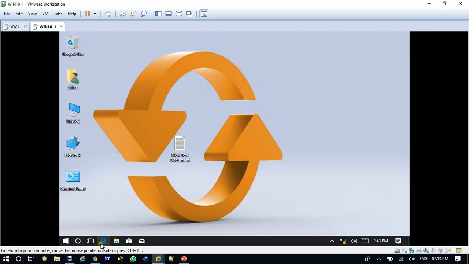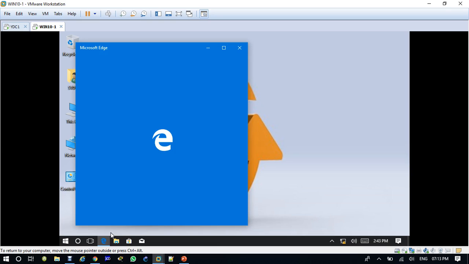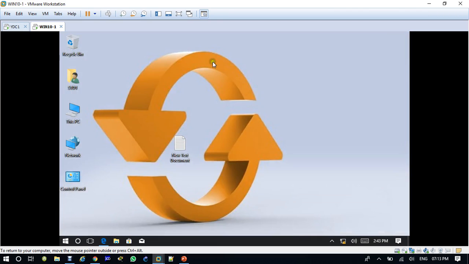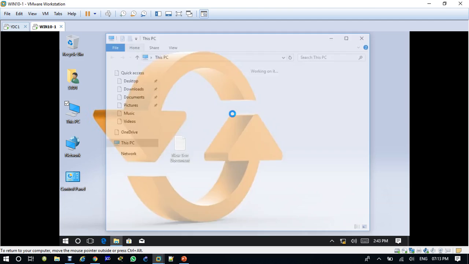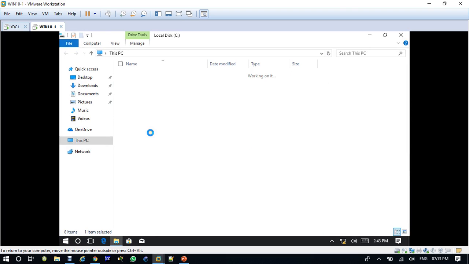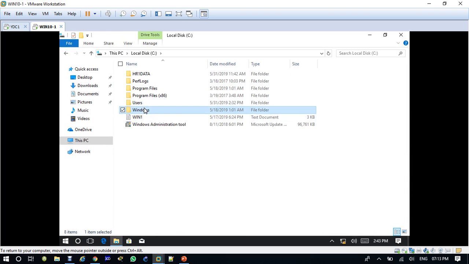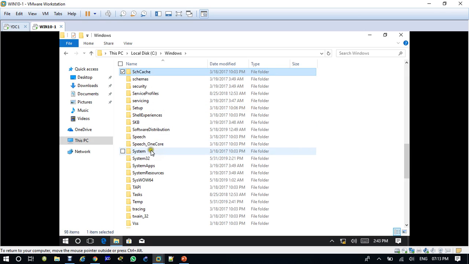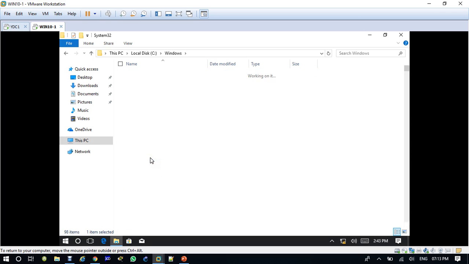Let's try Internet Explorer. Internet Explorer is also working. We can find the exe files of applications, and I can show you from where. C drive, Windows, System32.